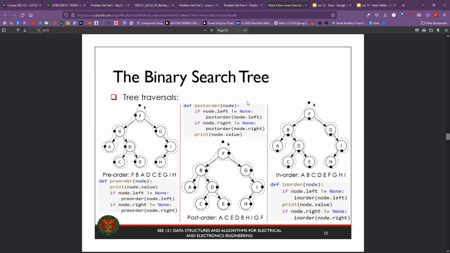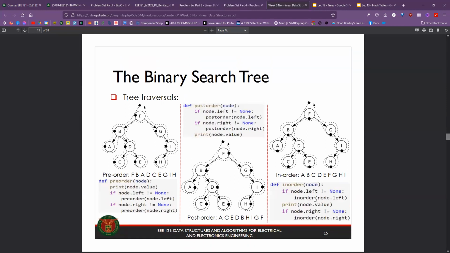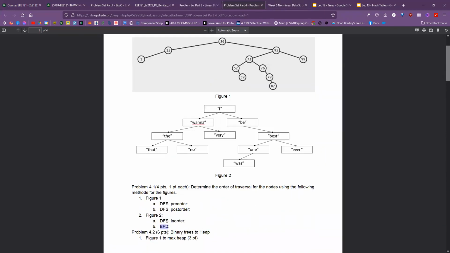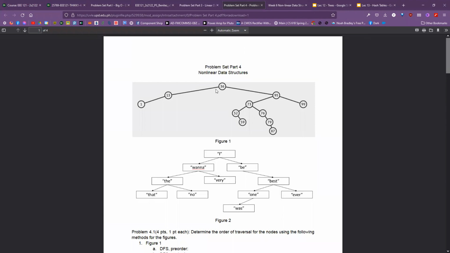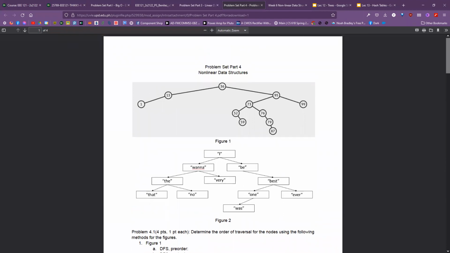So ayan, in this slide meron tatlong kinds of depth first search. Merong pre-order, may post-order, at saka in-order na traversal. So, basically, gawin nyo lang itong traversal na to for figure 1 and figure 2 na DFS in order. So, ano yung ina-expect natin na sagot? So, for example, since hindi tinanong yung in-order, yung in-order nitong binary search tree nga yata siya dito sa taas is,